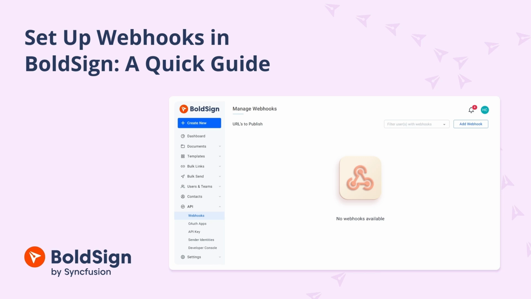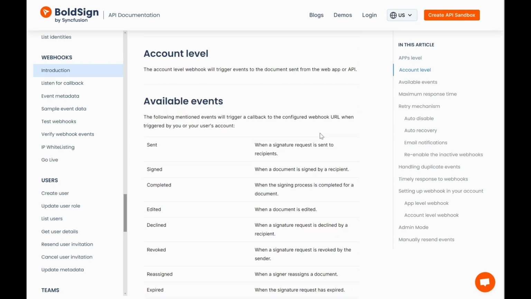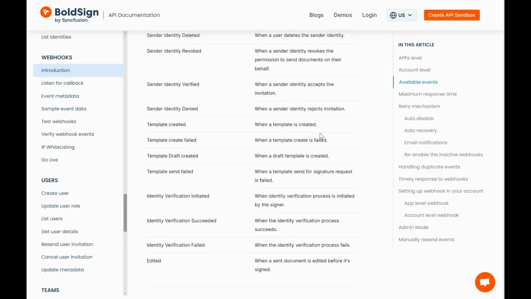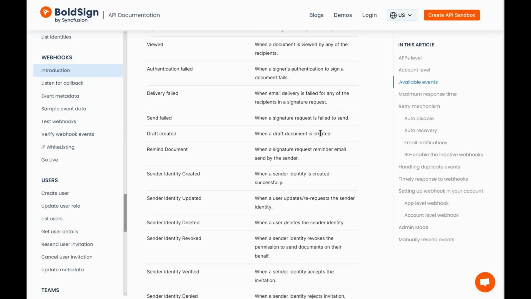In this video, you'll learn all about BoldSign webhooks. Webhooks send real-time notifications to other applications for immediate updates when specific events occur. Similarly, BoldSign lets you subscribe to various events associated with your account. When one of these events is triggered, BoldSign sends an HTTP POST request with JSON data to the webhook endpoint